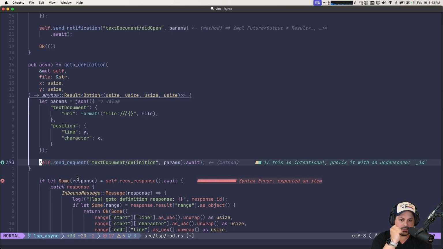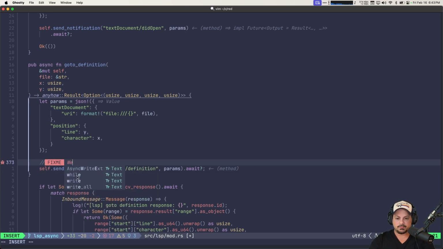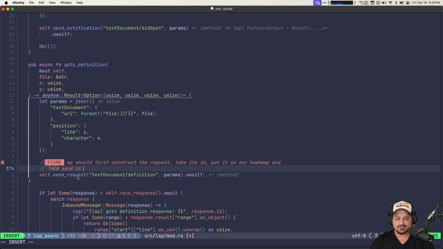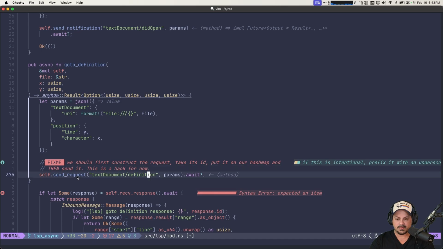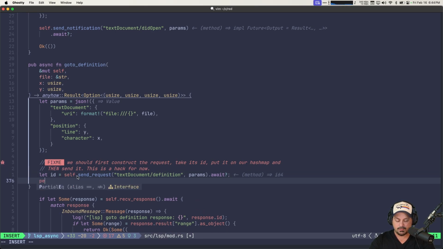I'm going to take the ID from the send request. So at that point, the request will be sent, right? And I'm going to put that ID only after I do this on this hash map that I'm going to create. But I'm going to keep a note here right now saying, fix me. We should first construct the request, take its ID, put it on our hash map, and then send it. This is a hack for now. There we go. So let's do let ID equals this, and let's put pending